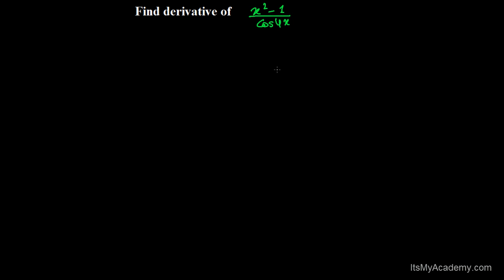Here again we're going to find out the derivative of another trig function. Here we have the question (x square minus 1) over cos 4x, and to find the derivative we have already seen that when one function is divided by another function, you definitely have to use the quotient rule. So you can imagine x square minus 1 as one function u